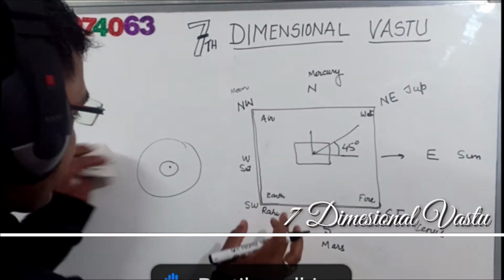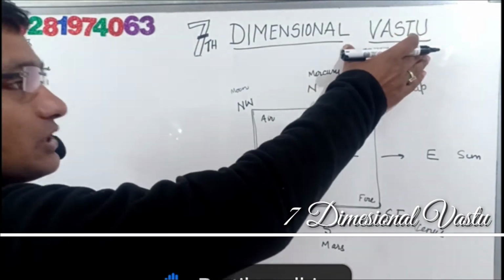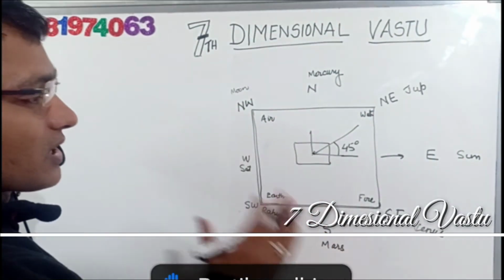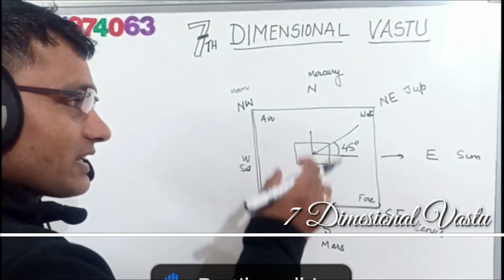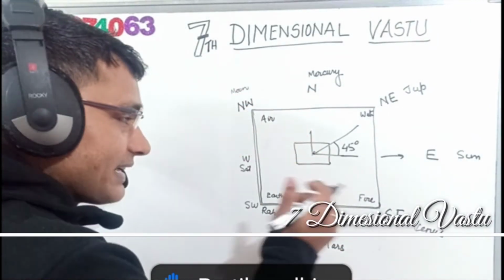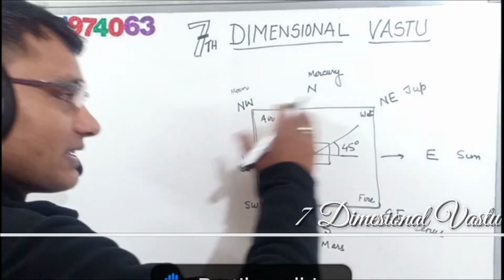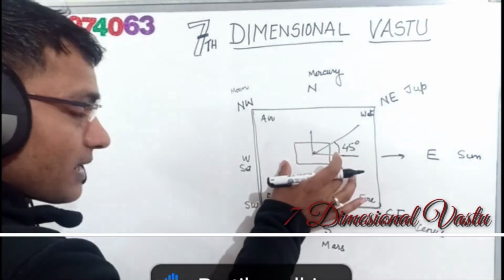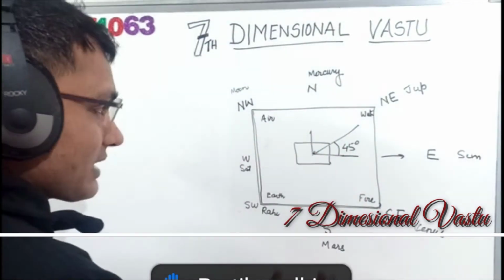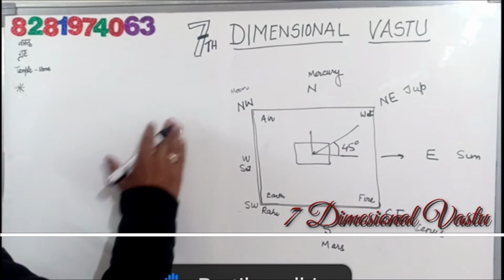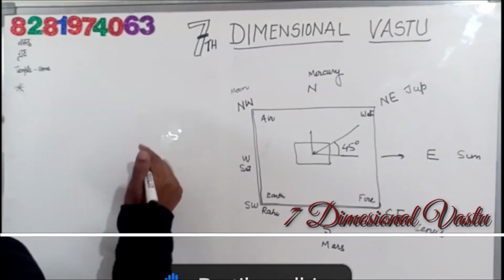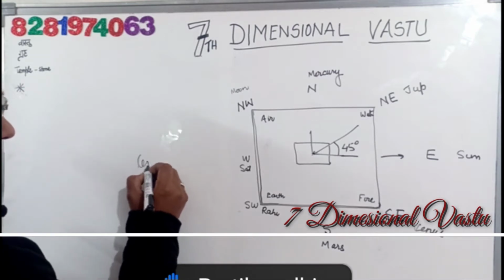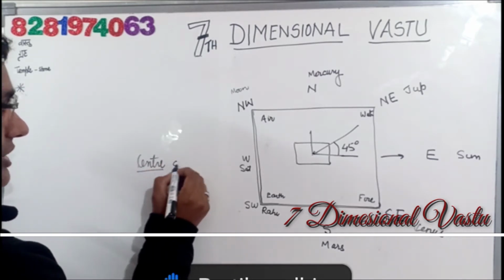If you want to learn Vastu very practically, first of all learn how to find out the direction. Finding out the direction of any house always starts from the Brahmisthan. It's like a center point. And what is Brahmisthan? In simple language, it's something like a center. Brahmisthan means the center of energy.